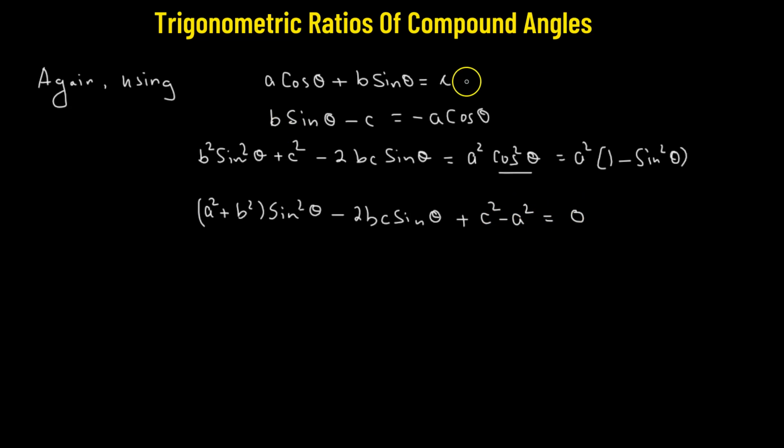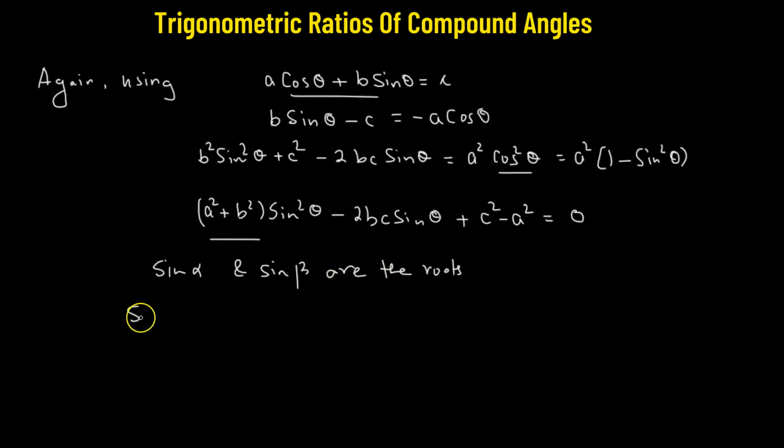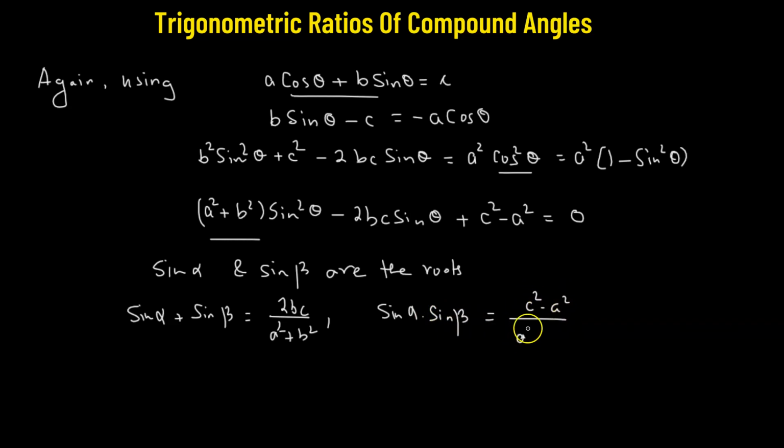Again we have alpha and beta, so this equation has roots alpha and beta, so the roots of this particular equation will now be sine alpha and sine beta. These are going to be the roots of the above quadratic equation, which means that the sum of the roots, sine alpha plus sine beta, is going to be negative times the coefficient of sine theta, so that's negative 2bc, so we get positive 2bc over a squared plus b squared, and the product, sine alpha times sine beta, simply equals c squared minus a squared divided by a squared plus b squared. So now we have the product sine alpha times sine beta as well,